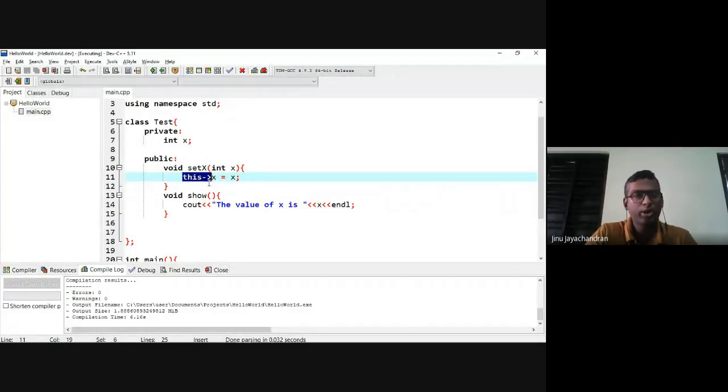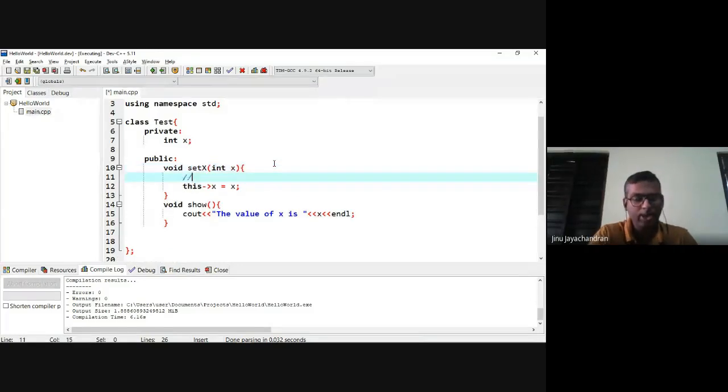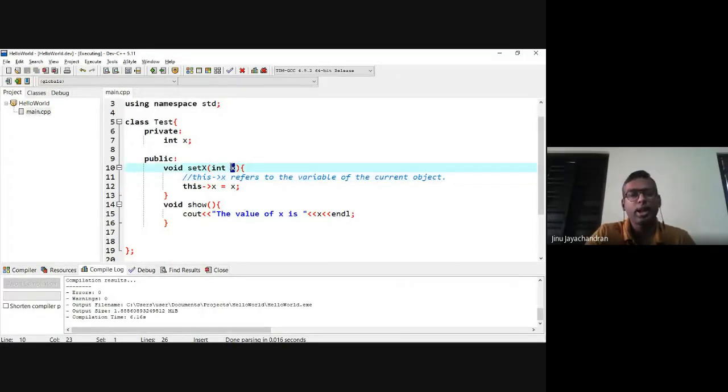If we hadn't put the this pointer here, there would be no meaning to the statement x equal to x. So I can write that this arrow x refers to the variable of the current object, and the x mentioned in the argument is actually an argument.